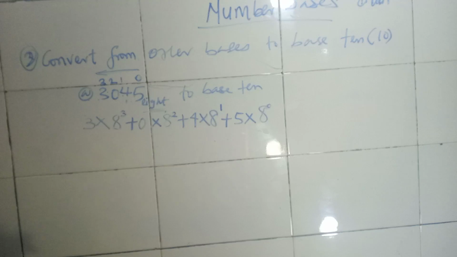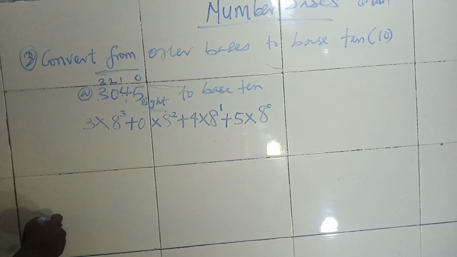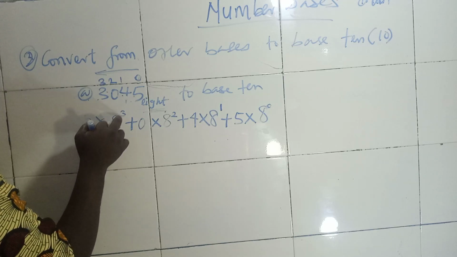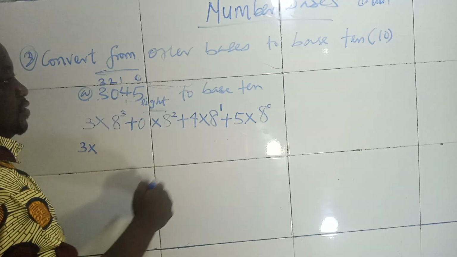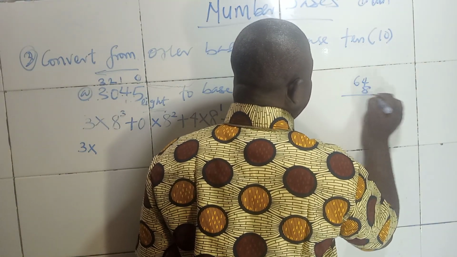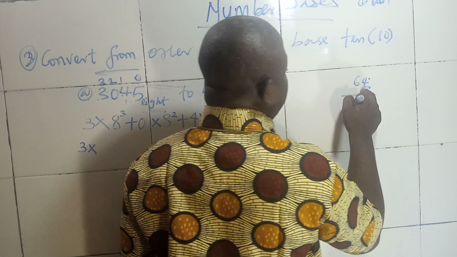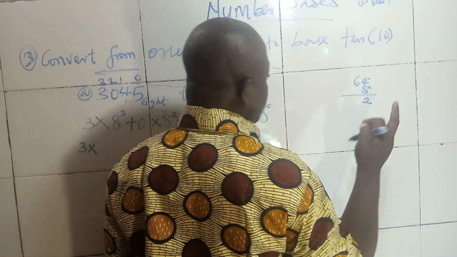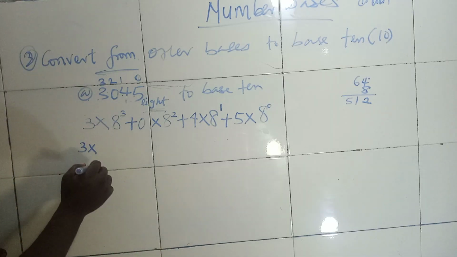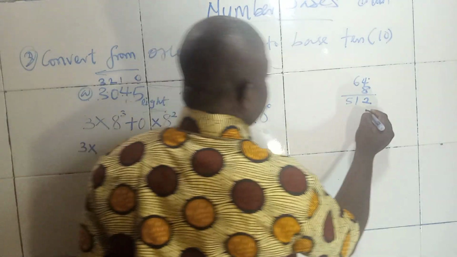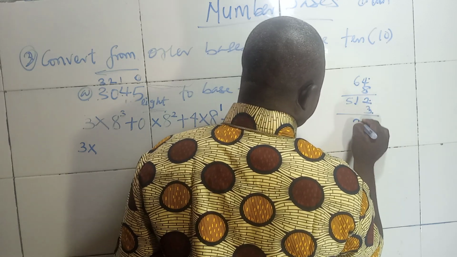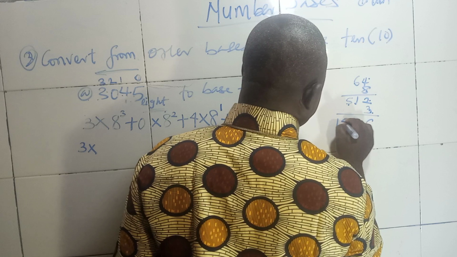So by the time you do this, simplification, now you have 8 raised to power 3. It means 8 times 8 times 8. So what is 8 times 8? That's 64. 64 times 8 again. 8 times 4, that is 32. 8 times 6, 48. Plus 1, that is 51. So we have this, times 3 again. You have 3 times 2, 6. 3 times 1, 3. 3 times 5, that's 15. So we have